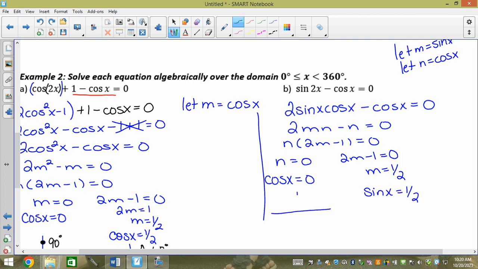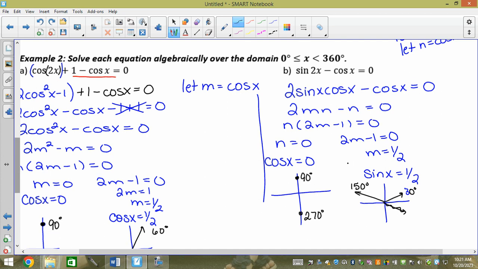So where does cos x equal 0? We just discussed this. Here and here. And now we need where sine x equals a half, which is here. 30 and 330. True? That's cos. Oh boy. Sine x equals a half here. 30 and 150. This is 90 and 270. It is a sine. Okay, so we get x equals 30,